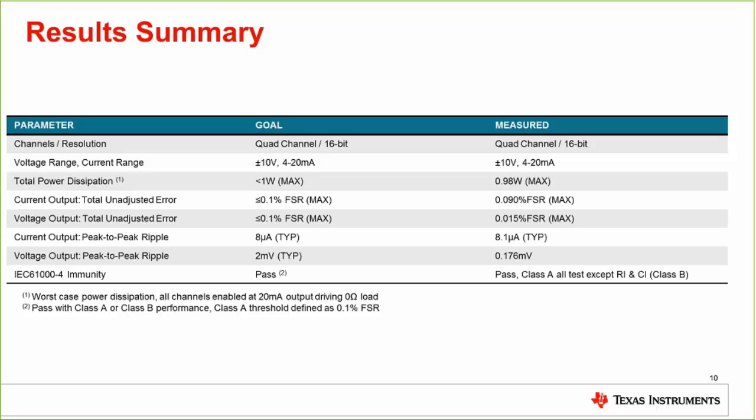But in order to hit 30 volts per meter, which is actually quite intense, enough to cook some popcorn perhaps, the antenna was placed basically directly on the board. And I think that created some artifacts, as I've never seen Class B radiated immunity tests for a precision device like this. But on the whole, we did manage to hit all of the intended results.